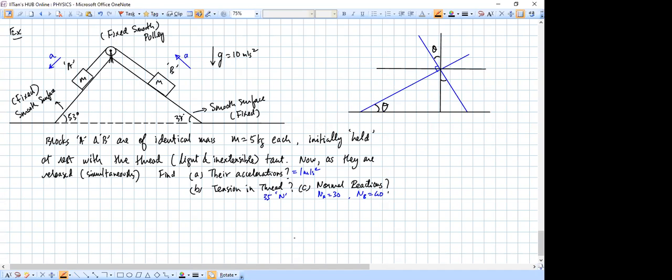This angle is theta. Okay. So therefore, for example, when you have a vector like your weight, and you have a vector like your normal reaction,